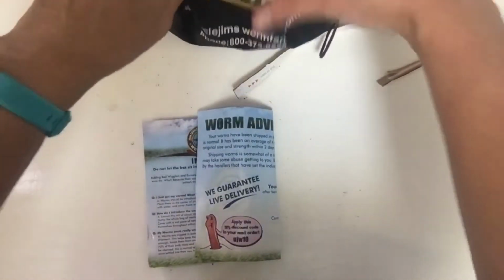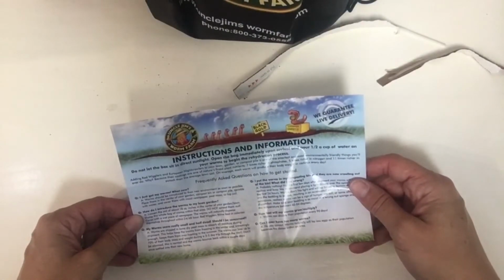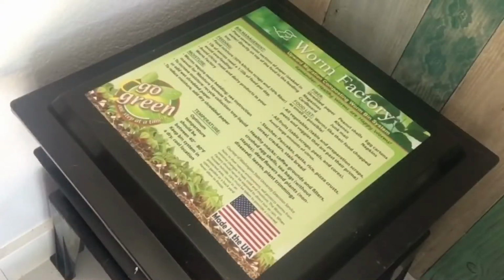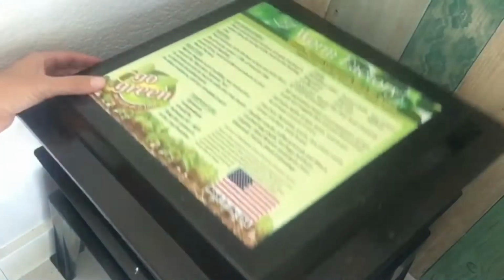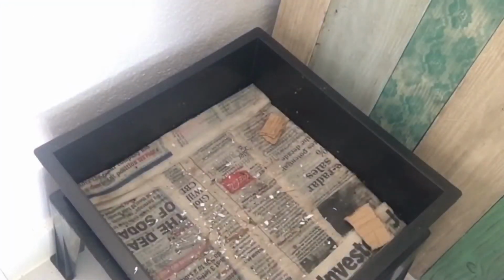Okay, that's it. I'm going to let those sit for a while, get rehydrated, and I'll be back. Okay, so I have my worms today, so we're going to go ahead and put them in our bin and give them some food. Now remember, I started my bin with the top being just shredded paper to cut down on the bugs. So I'm actually going to remove that whole first bin,